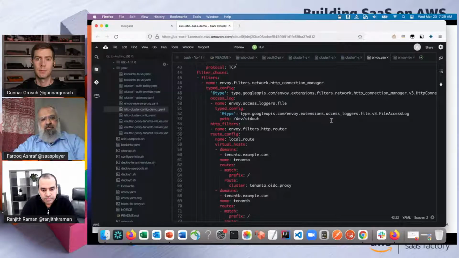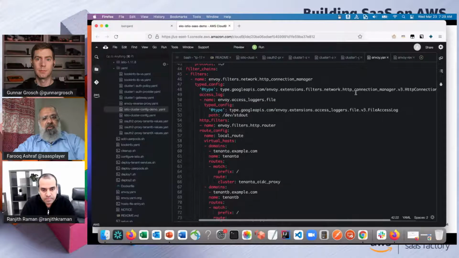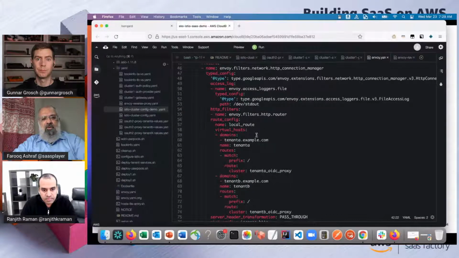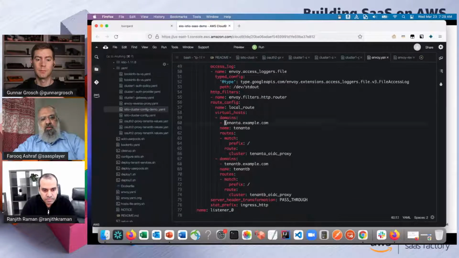One of the filters is access log, and another filter is to look at HTTP traffic that's coming in. So what we're doing is we're looking at the HTTP headers, and we're routing the traffic based again on the domain. This is the host header that's coming in with the request. And we're routing the traffic based on that domain name to a specific cluster.